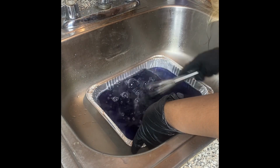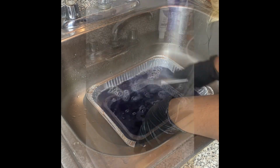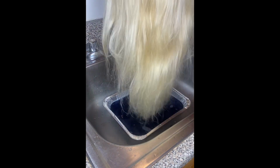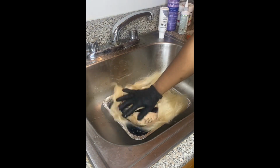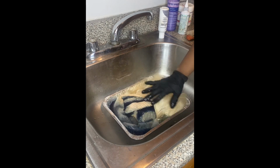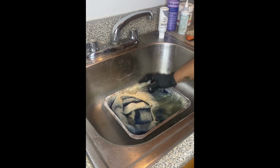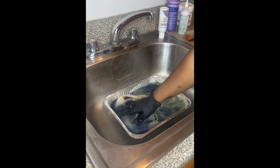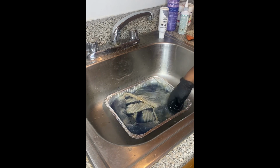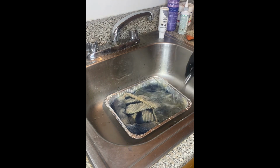And I made a mistake with that color at first, because I was supposed to be grabbing the lighter dye first, but I already had poured it into it, so there was nothing I could do. So I just continued. I did mix that dye up as well, and then I'm going in with my frontal wig, and as you can see, I put the frontal wig into the pan and submerged it all into the